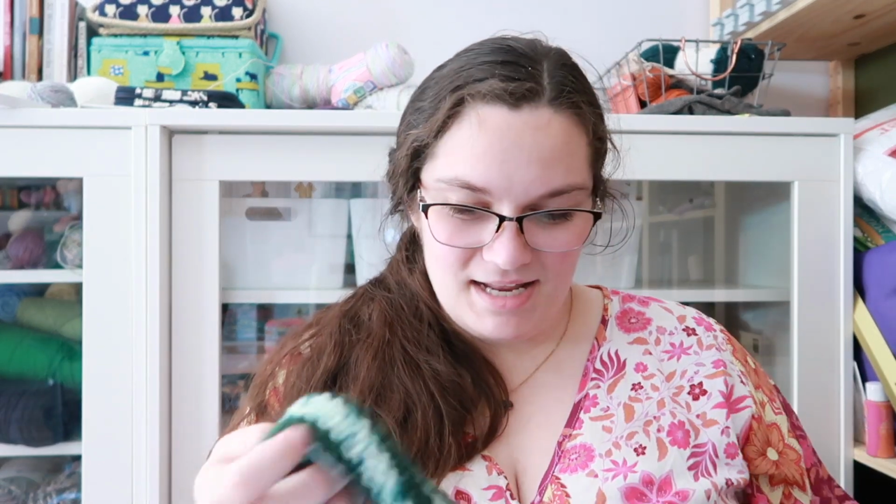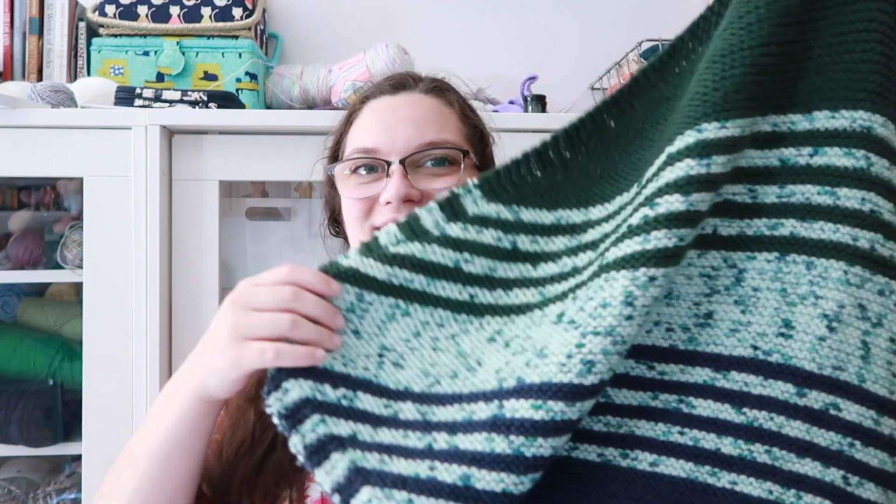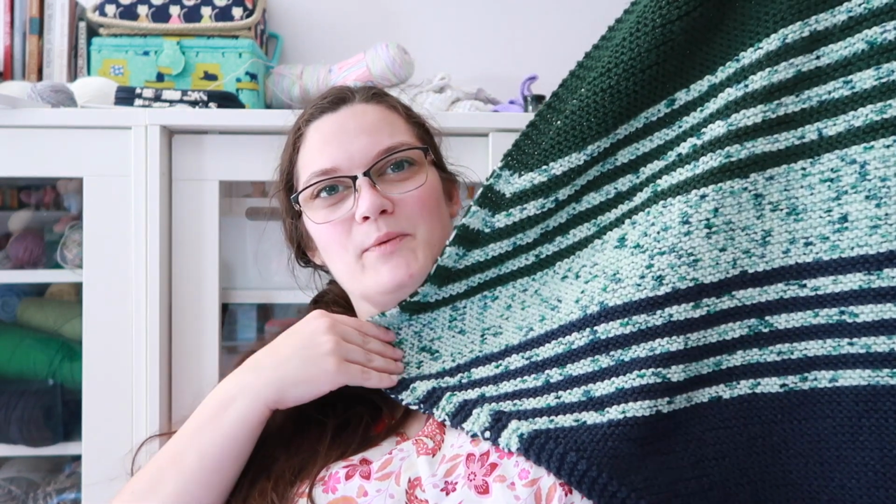The second finished object that I have was a completely new cast on, like the Sophie scarf, but this is a little bit bigger project. You have not seen this before, but you've seen one like it, I should say. It is another Magic Number blanket by Helen Cosgrove Davies. And while we were on vacation,